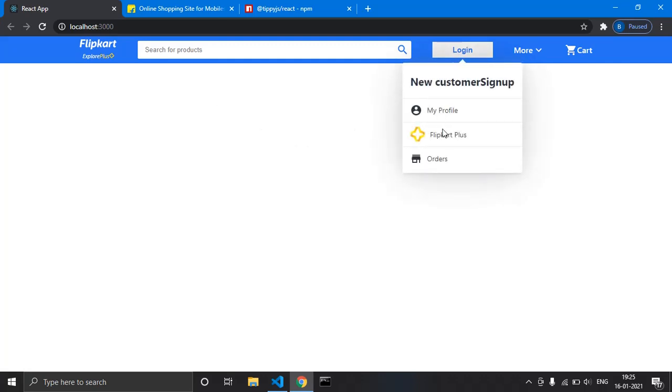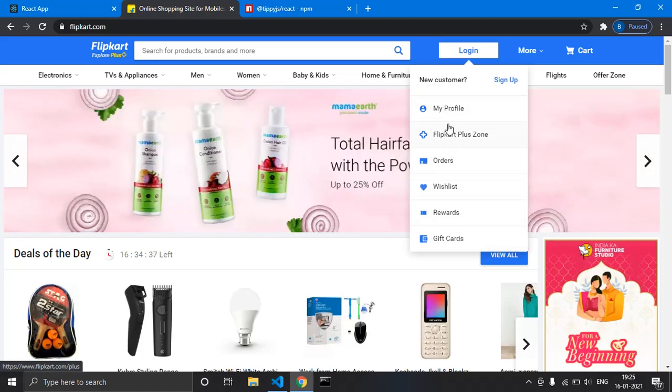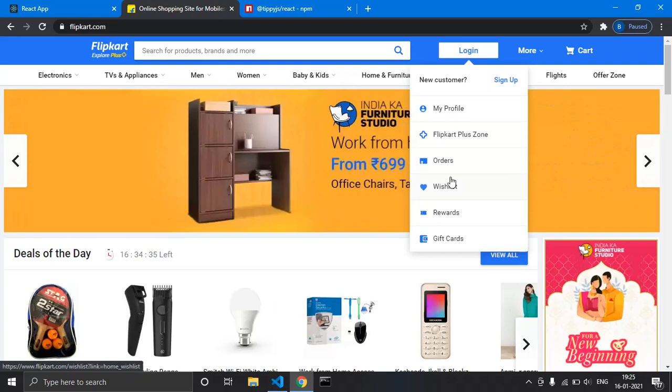But let us add one more functionality, that is cursor pointer. Whenever you hover over the inside parts, a finger is shown, right, not the cursor. And we also have this subtle hover color, right?